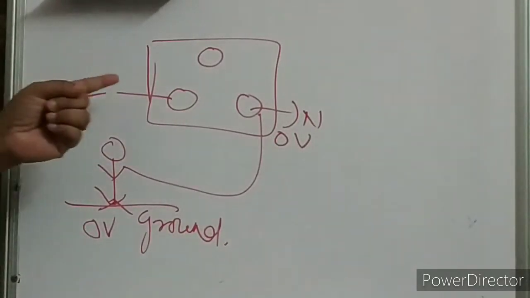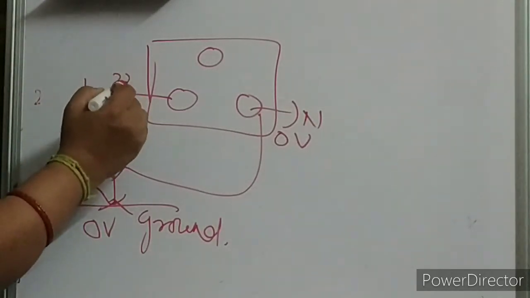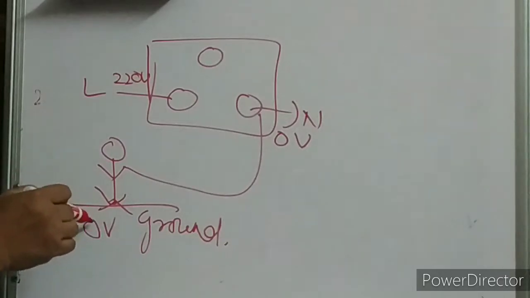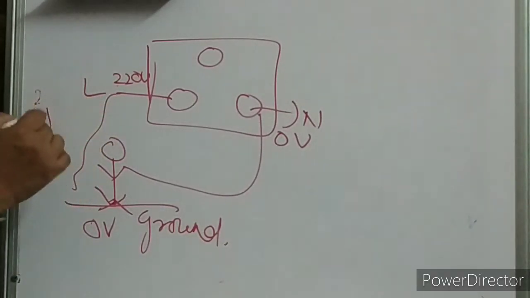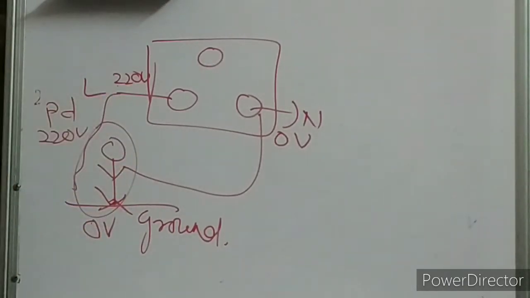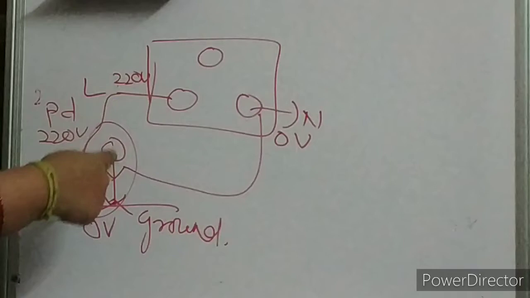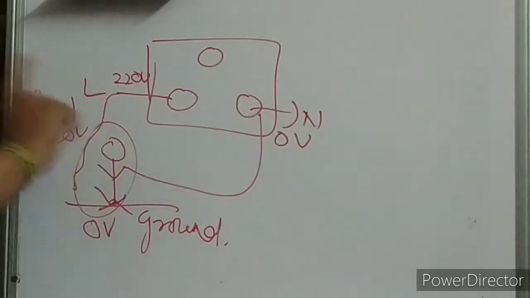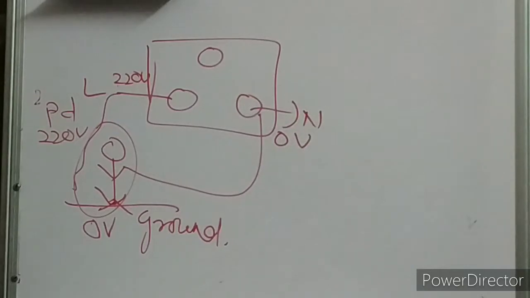But if you touch the live wire, it is at 220 volt children. If you touch the live wire, now 0 volt, 220 volt. See the potential difference. PD is now 220 volt. So heavy current will flow and you are going to get shock. You means it can be anybody, not exactly you. Any user. I am talking about any user. Then the person will get a heavy shock, because current will flow through this person now, as there is a potential difference of 220 volt. Hope I am clear with this.